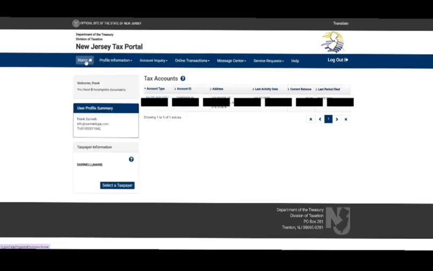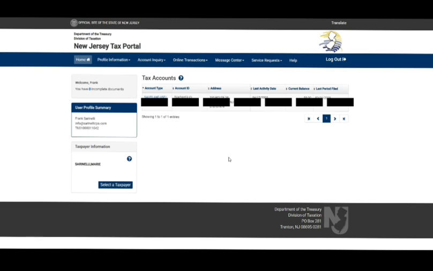If we click the home button, it brings you back to your New Jersey tax portal system, where you can now go in and file your returns or check and see any of your old returns. To get started on setting up a delegate user, which would be your accountant or anybody that you want to be able to file sales tax returns on your behalf, you would go into the profile information,